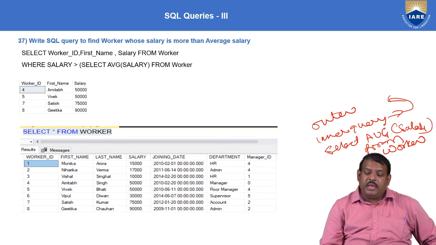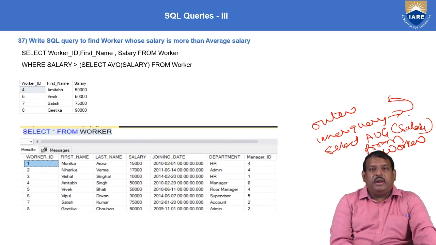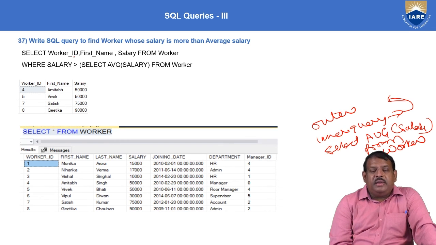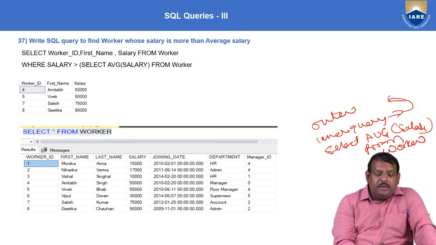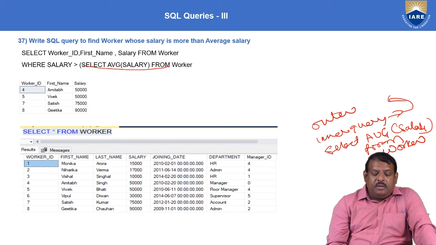For that, we have to write select worker ID, first name, and salary from workers where salary greater than the average salary of the worker. By this statement, we are able to get the average salary.